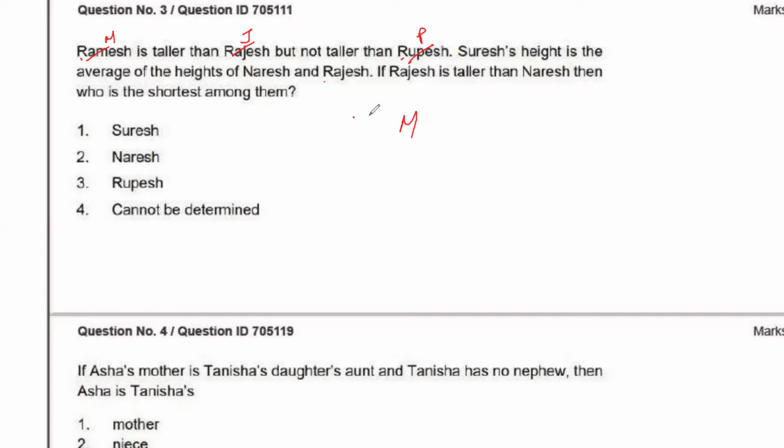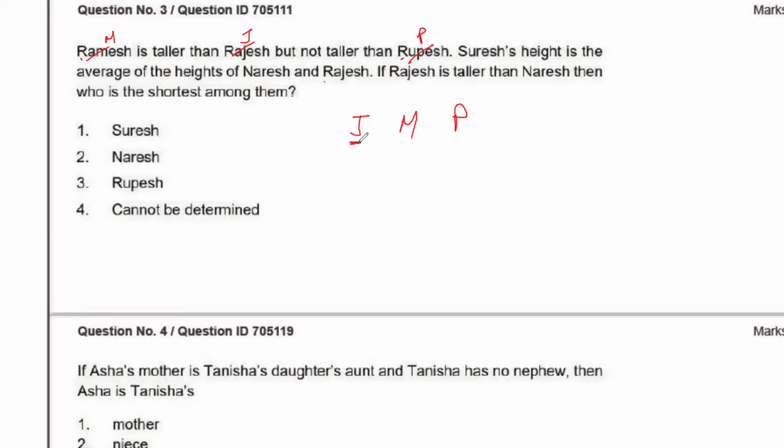So before M comes J because I'm going from left to right. So M is taller than J. But M is not taller than P. So P is taller than M. That is Rupesh. Now Suresh's height is the average of the heights of Naresh, that is N, and Rajesh, that